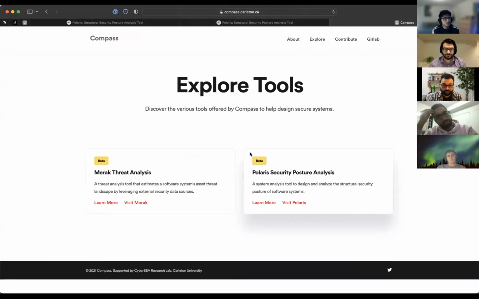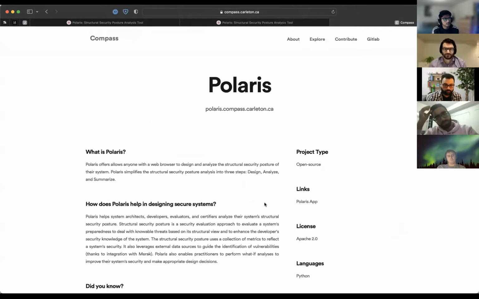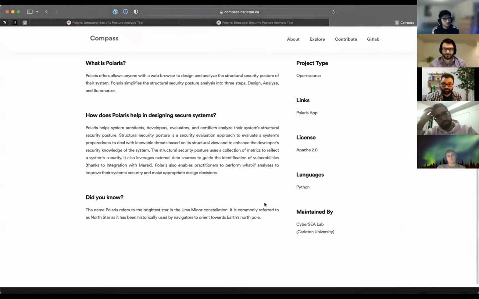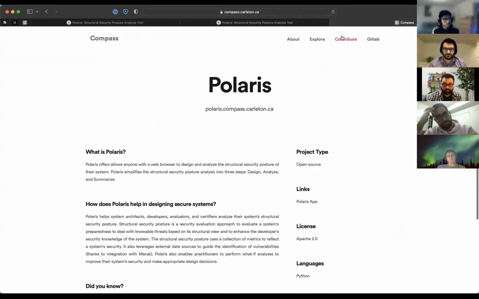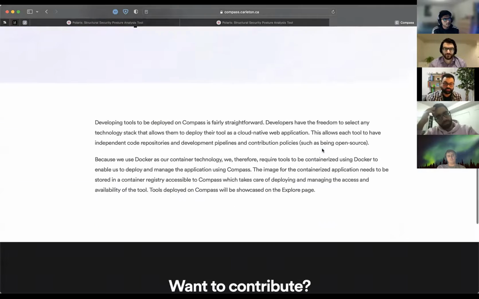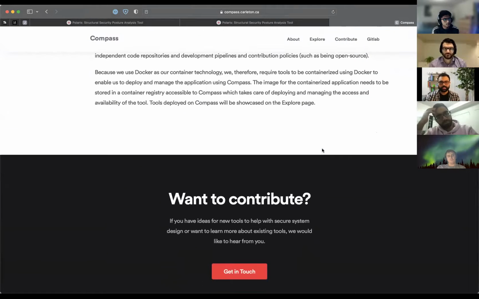And we talked about the 2 tools that are available right now, so you can learn more and see the licensing and what type of project it is, what the tool is about. You can learn how to contribute. So if you're looking to build a tool for Compass and you want to learn, okay, how do I contribute, or either build a tool or contribute to existing tools, you can connect to that.